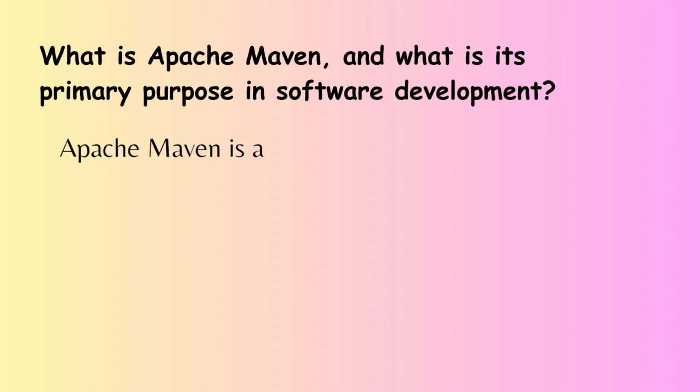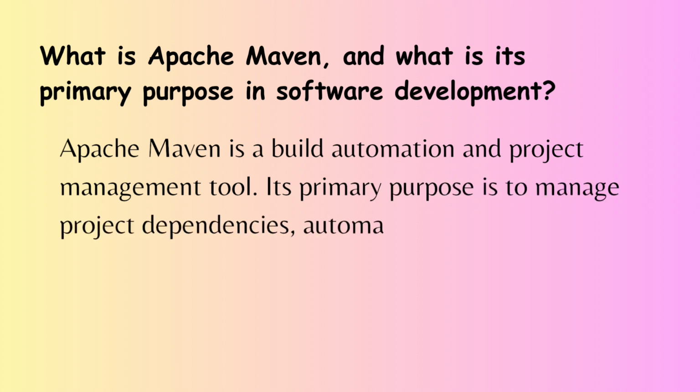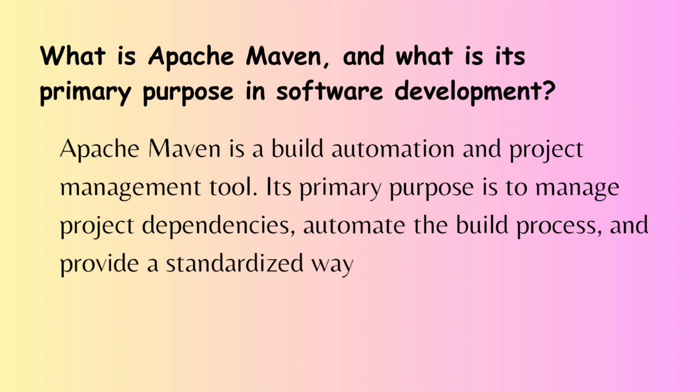What is Apache Maven, and what is its primary purpose in software development? Apache Maven is a build automation and project management tool. Its primary purpose is to manage project dependencies, automate the build process, and provide a standardized way to structure and